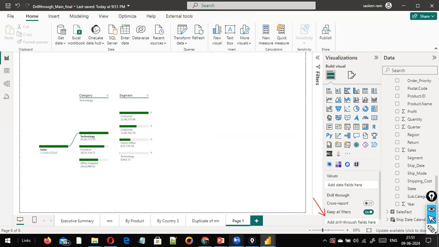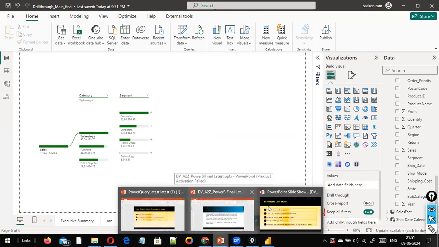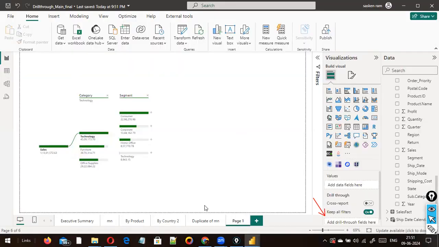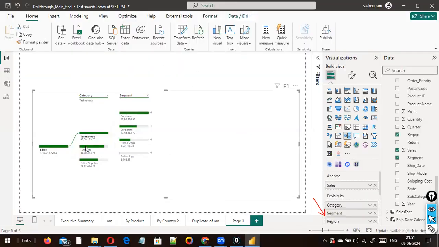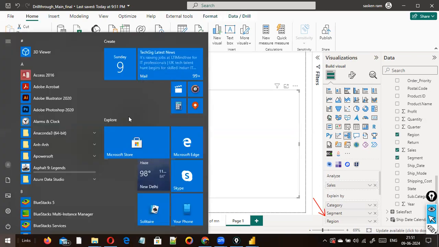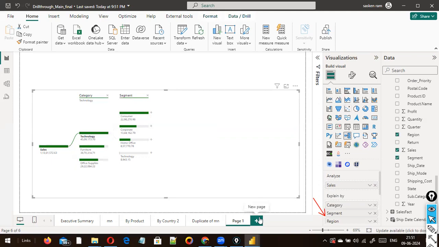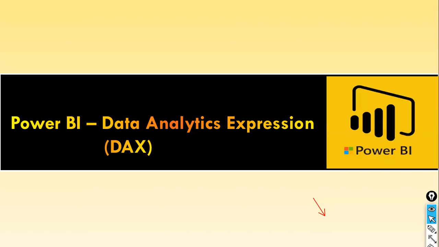Next, we'll jump into the DAX part. Sorry, I just closed it by mistake. Okay, just give me a second. I'll just open the DAX part. The next important topic is